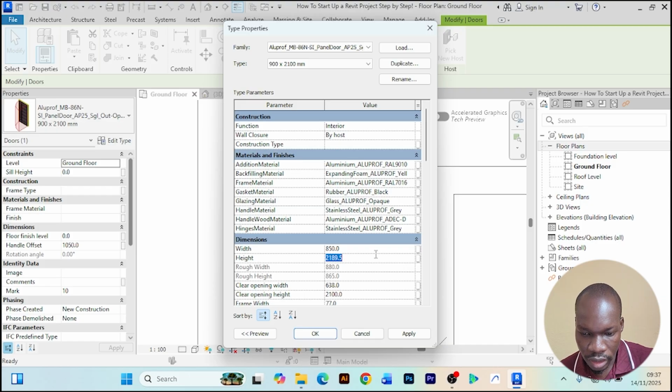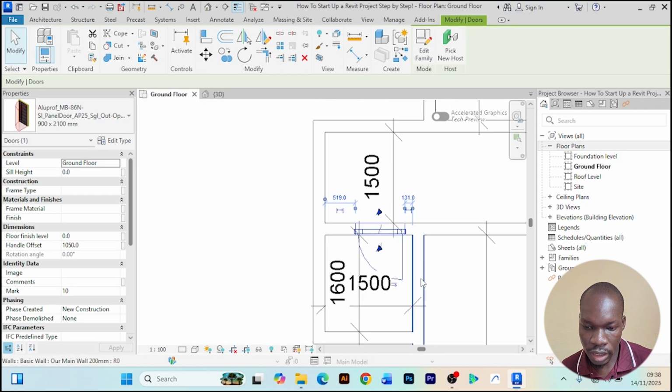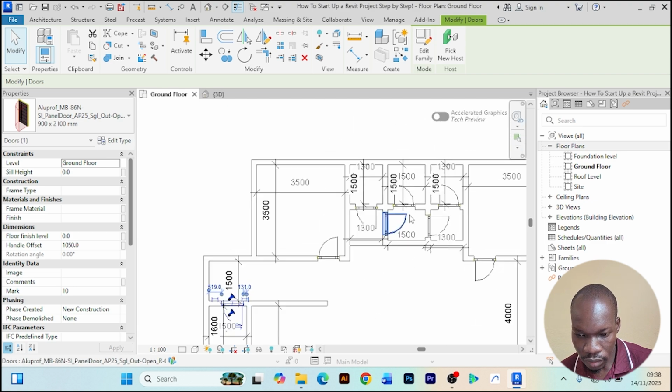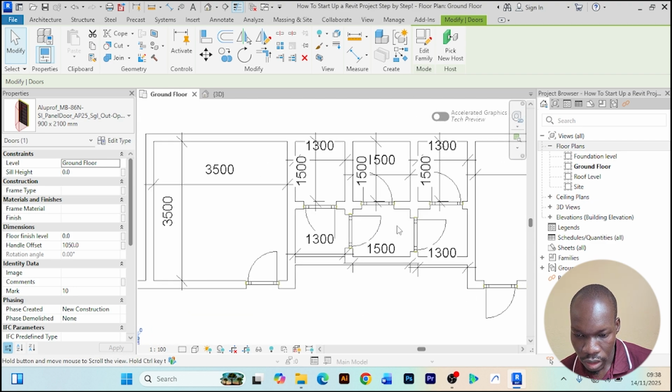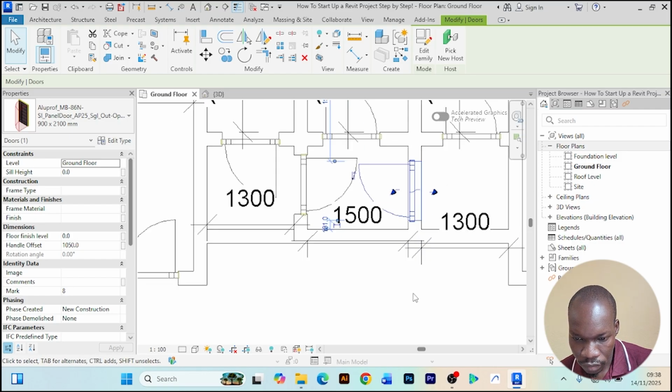even before we do that, okay, let's just for now, let's do that 2.5 like that. Then I'll apply. Okay, it will change all the interior doors. It will change all of them. So this, if I flip it here,